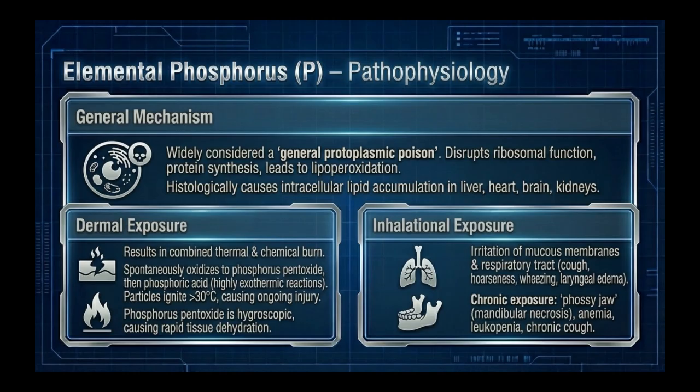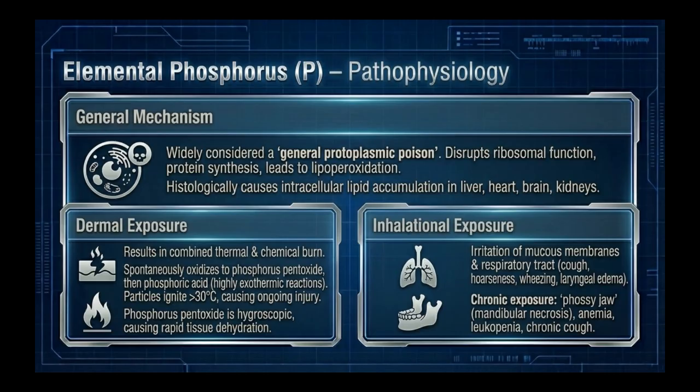The exact mechanisms behind systemic toxicity caused by elemental phosphorus are not entirely understood. It is commonly regarded as a general protoplasmic poison. Electron microscopy studies have revealed early morphological changes in the rough endoplasmic reticulum, which occur before any changes become apparent in the nucleus or mitochondria. Elemental phosphorus can interfere with ribosomal function and protein synthesis, and it can also lead to lipoperoxidation. Histological examinations show that it causes the accumulation of lipids inside cells in various organs, including the liver, heart, brain,